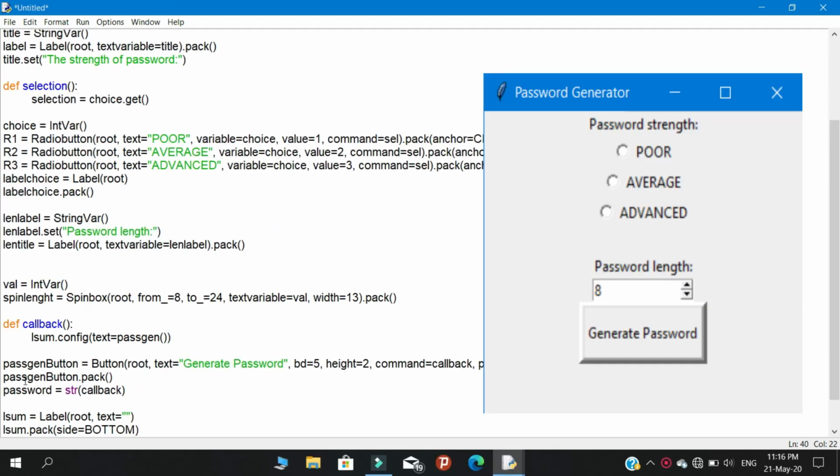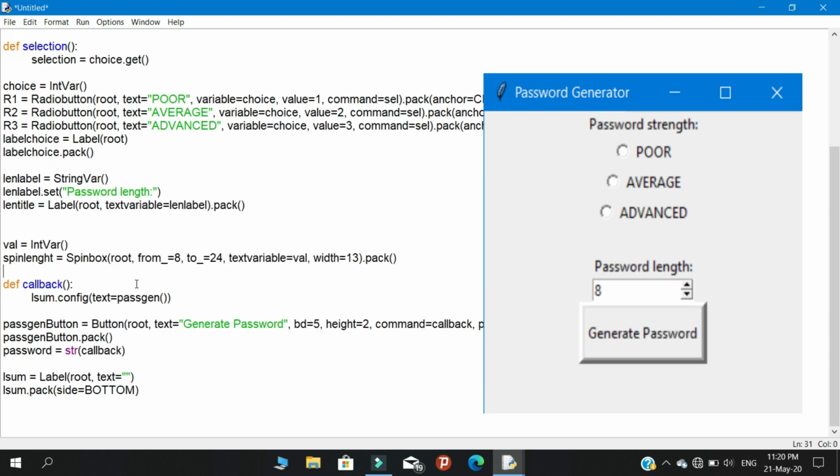We created a callback function. Let me explain how this function works. This function is the main function. We are going to call back the password that we generate. Under this function, we are going to create a button for the password generator. When you click the button, it will show the password that we created. Note that our password is in string format, so we call the password here. So this is our password callback.